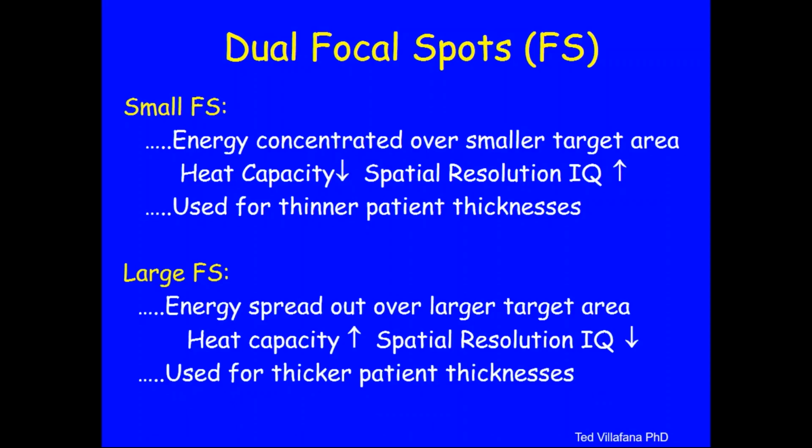And a large focal spot is just the opposite. It has the advantage of high heat capacity. How come? Because you're spreading out the energy over a large region of the target, and so no one little part of the region is getting the full heat, and you have a greatly enhanced heat capacity. But now the disadvantage: you are spreading the energy over a relatively large focal spot size, and now your resolution is going to be degraded. And you would choose the larger focal spot sizes for the thicker